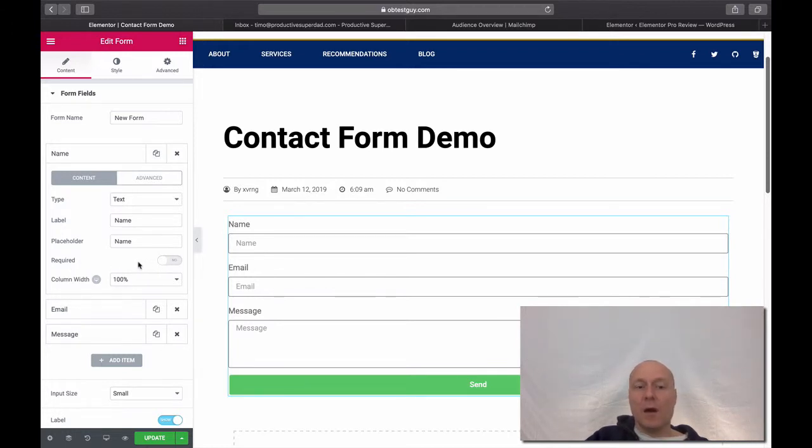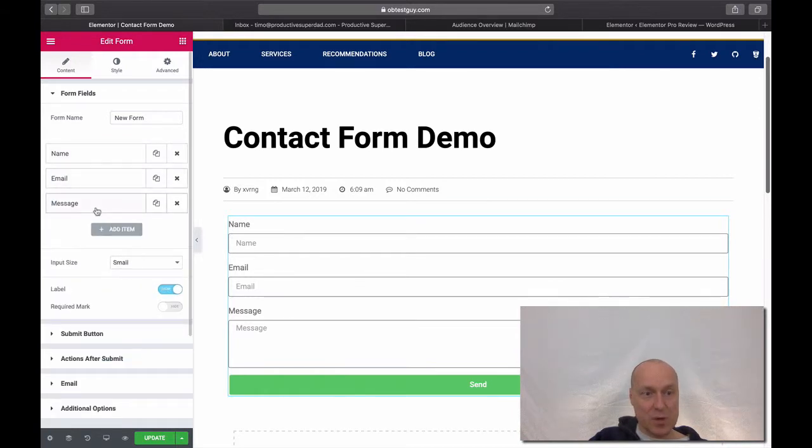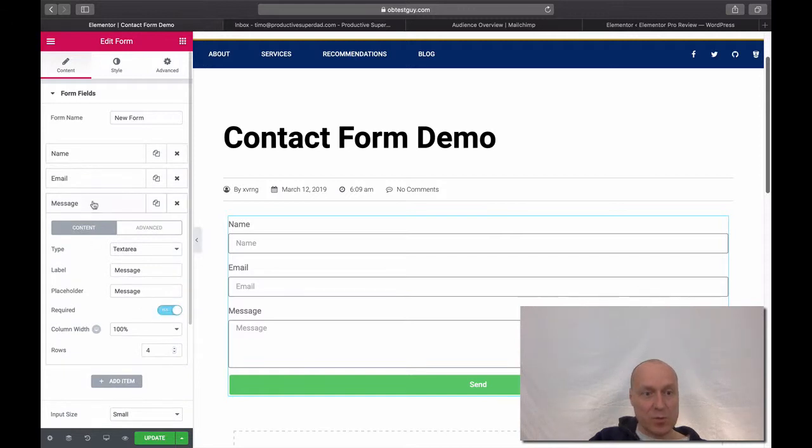It's by default turned off, but when I click that, you see that the required is now turned on. So the name field is required. And let me just do this very same setting for the rest of these fields. Yes, the email is required and the message is also required. So all the form